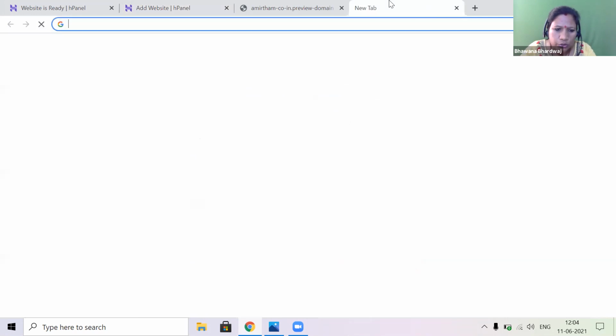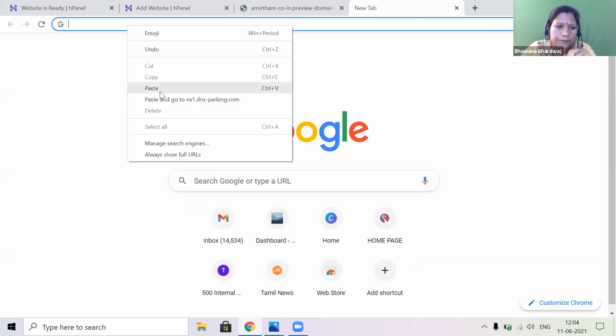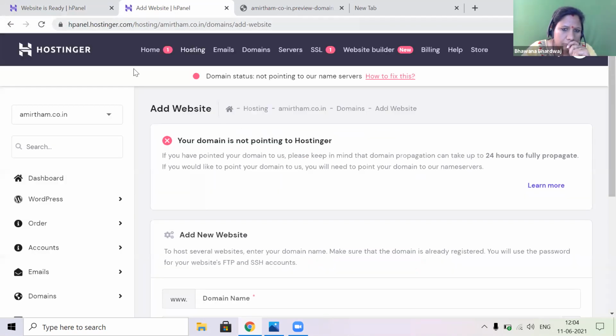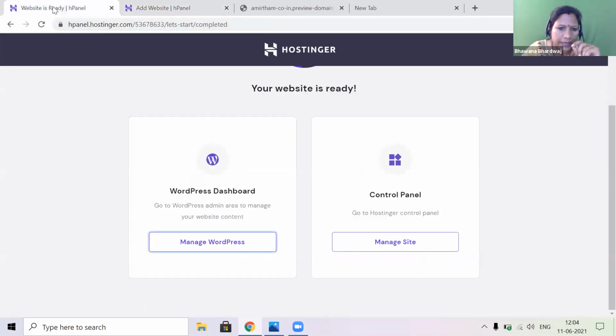No need to go to the tutorial, close it. And now go to the domain and check the name server. What is the name server of the domain? Have you got the domain as well?